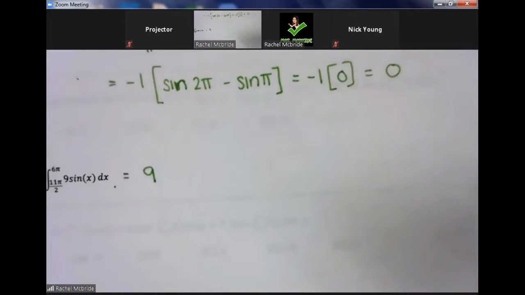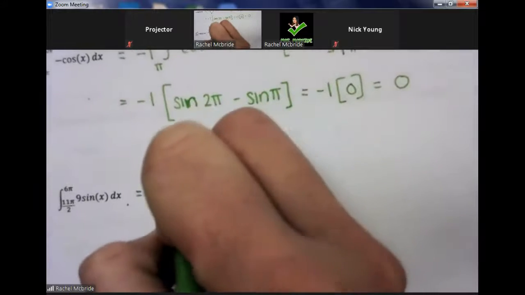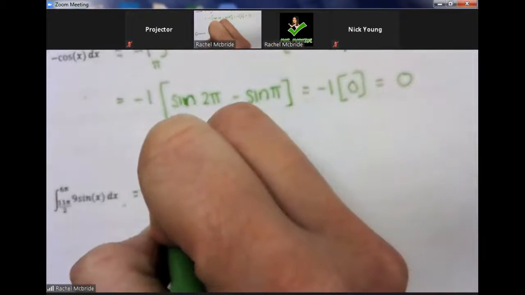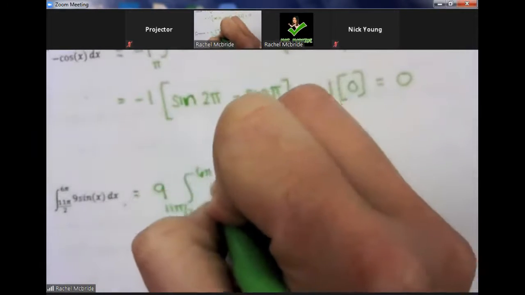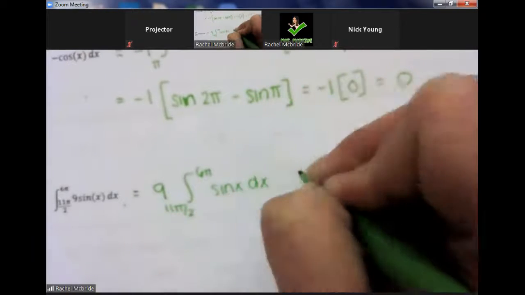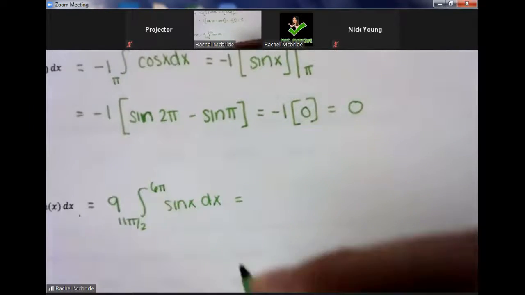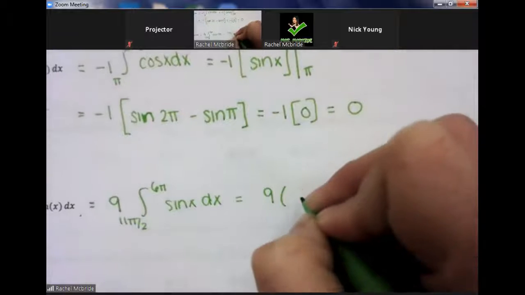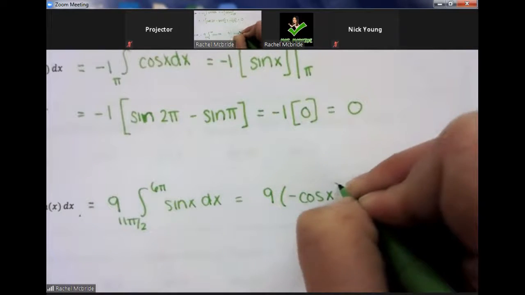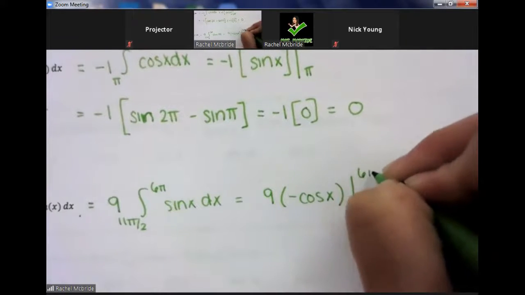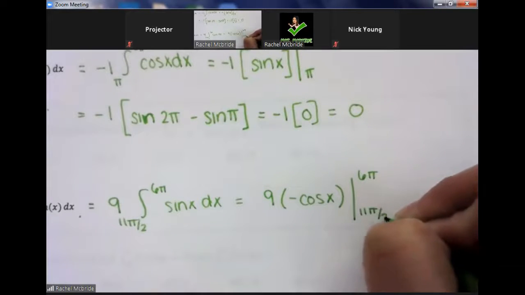I do this so that I can just look at the antiderivative of sine as opposed to looking at the other value. So then you have from 11 pi halves to 6 pi of sine x dx. So then we get 9 times negative cosine x evaluated from 6 pi to 11 pi over 2,